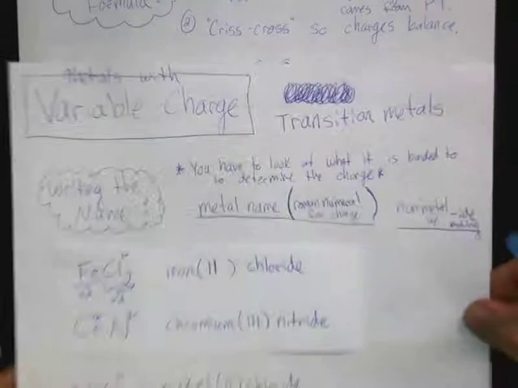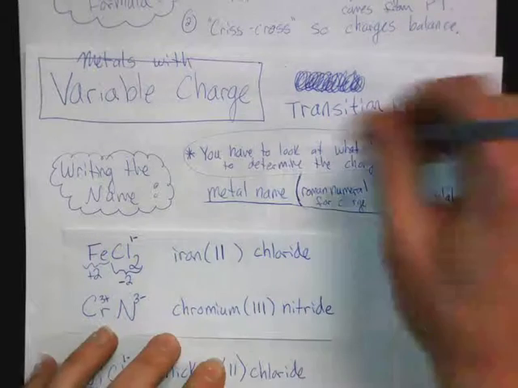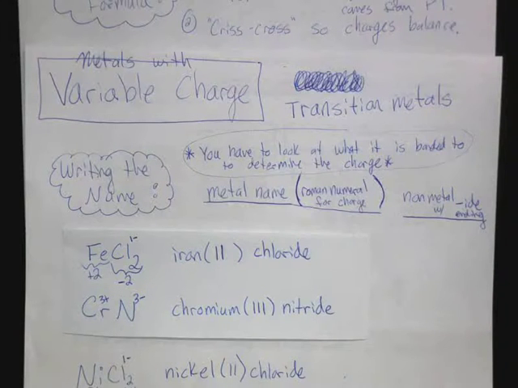Crisscrossing helps get us the formula. Don't forget that if you're trying to figure out what the Roman numeral is, you have to look at what it's bonded to figure out what goes in those parentheses, to figure out that